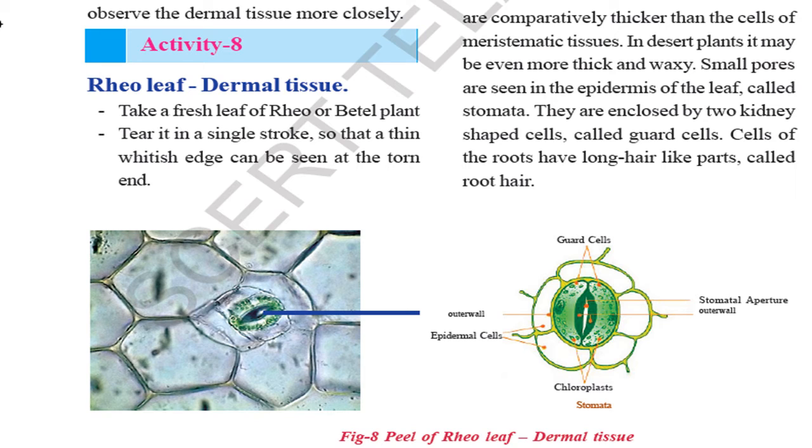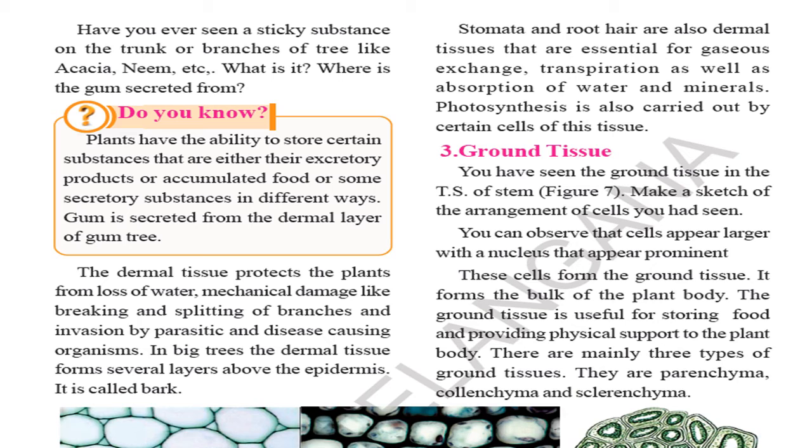The cells of the roots have long hair-like parts called the root hair. Is it clear? Now next, a thick sticky substance like gum on the trunk or the branch of trees like acacia or neem. Where is the gum secreted from? The dermal tissue protects the plants from the loss of water and mechanical damage. What is the function of dermal tissue? It protects the plants from loss of water, mechanical damage like breaking and splitting of edges, and invasion by parasitic